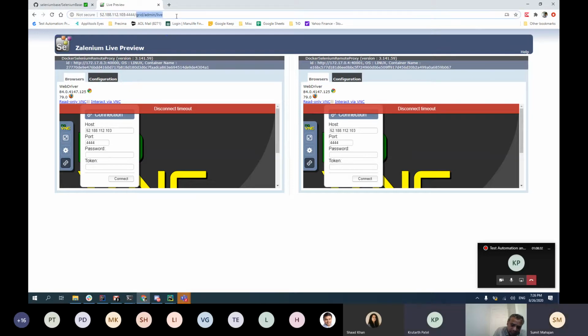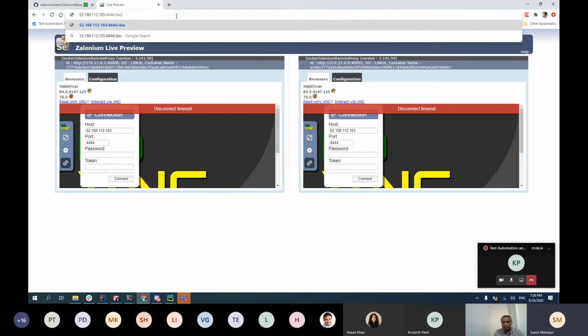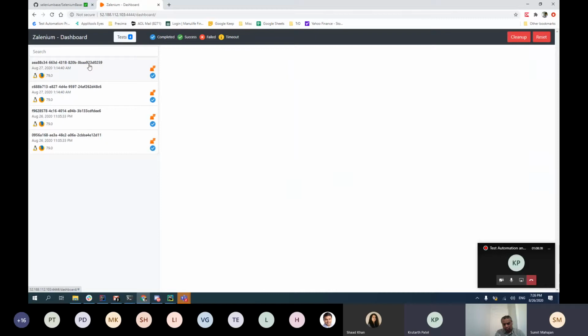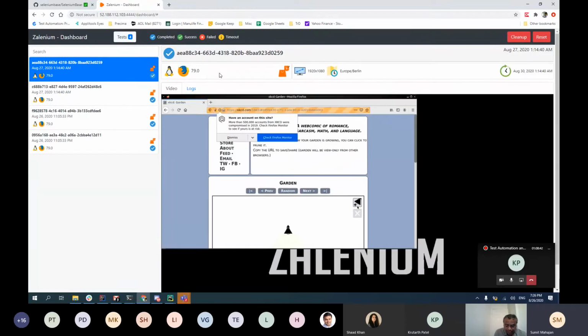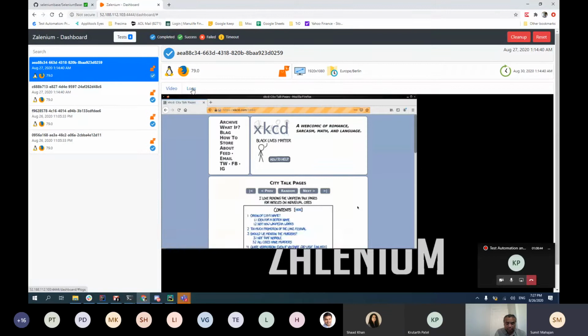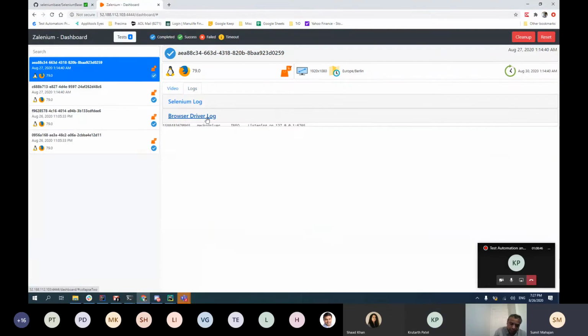If I go to the dashboard, this will give me a detailed view of what test was run on what version. And if you go to the browser driver log,